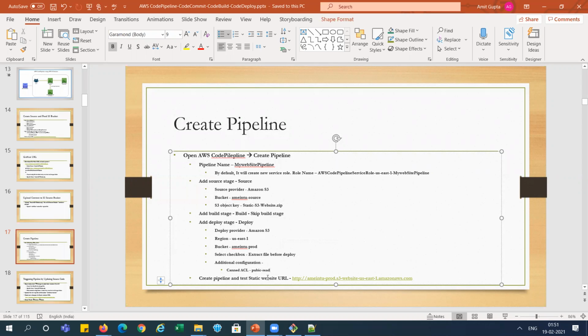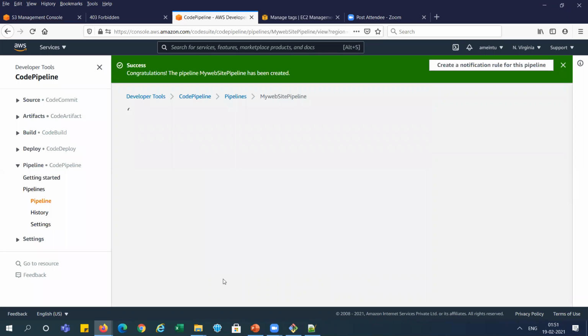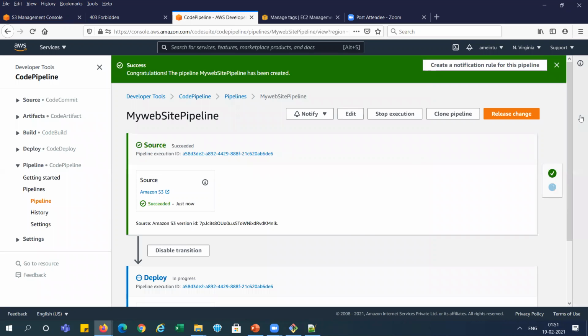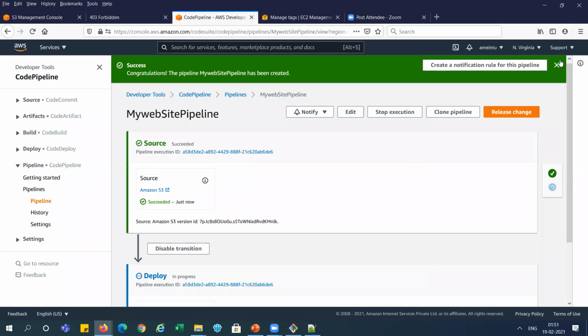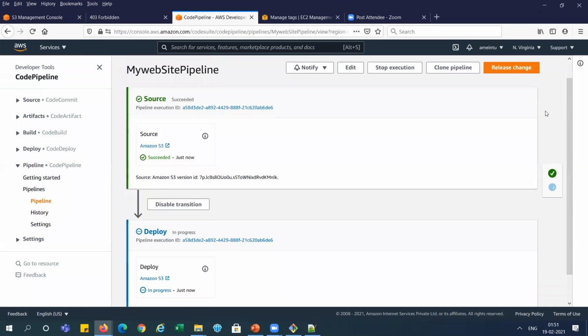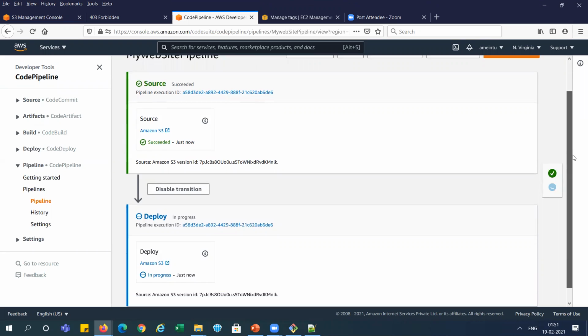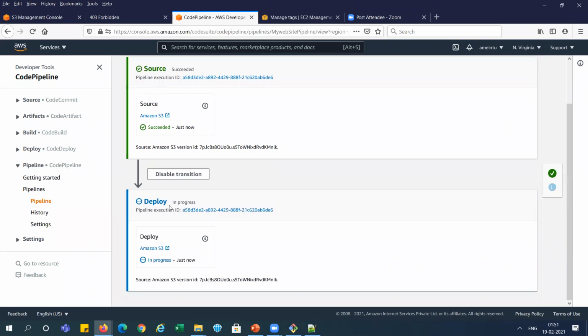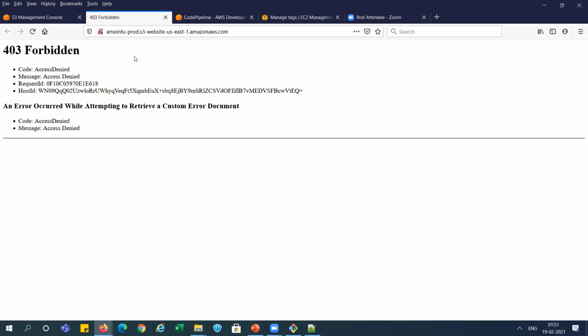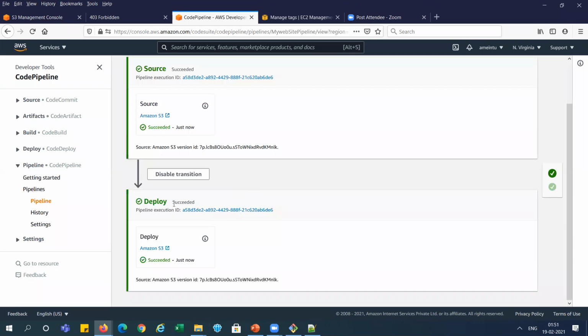After deployment, we need to test this pipeline. You can see here this pipeline is created, and you can see the source is success. It is started automatically the first time, and you can see it is going to deploy in the target system. Earlier, you remember we tested in the target system. That time we got this error because nothing was there. Now we will check. You can see it is deployed over there.